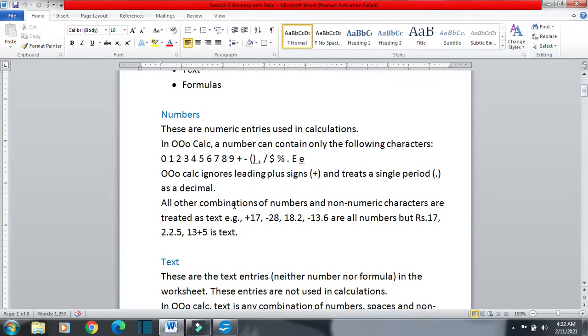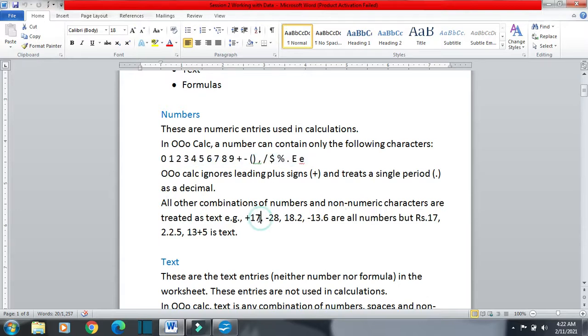All other combination of numbers and non-numeric characters like @ symbol, dash is not allowed. So if you will create any other combination leaving these, it will be seen not as a number. So all other combination of numbers and non-numeric characters are treated as text.